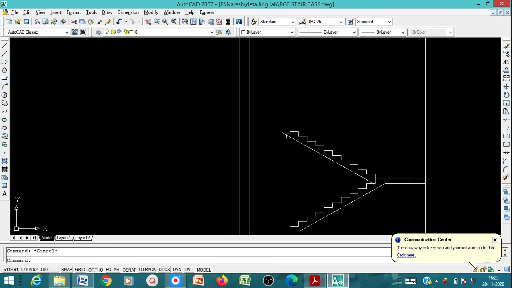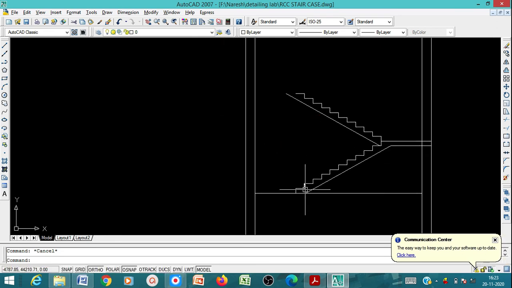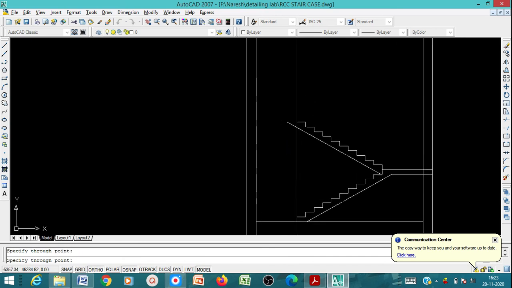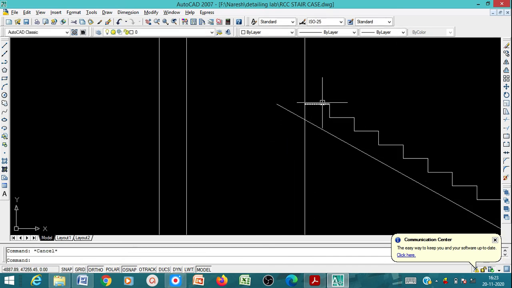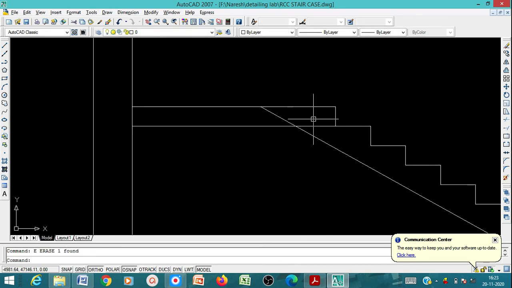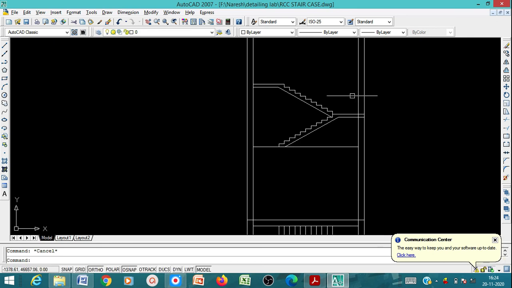Again, same thing, you have to use the construction line, vertical, keep it here, then you can extend this. Extend, double enter, then give an offset of 150, then trim it here. Yes, this is ready now.